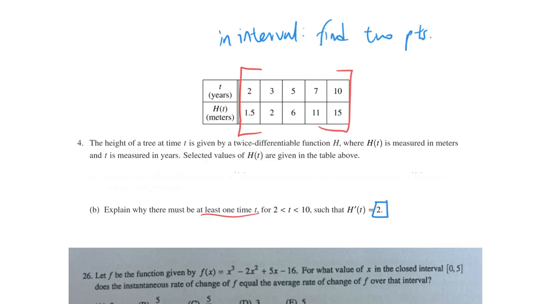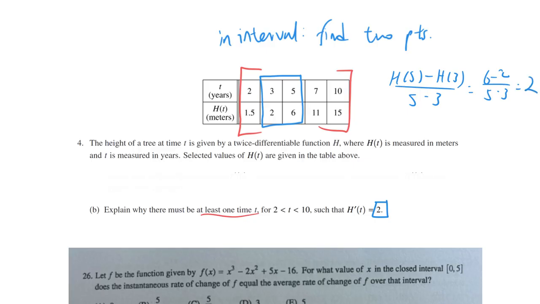So we identify which ones it could be, and we can see, for example, this would be a valid interval. So we see h of 5 minus h of 3 over 5 minus 3. This secant slope is equal to 2,